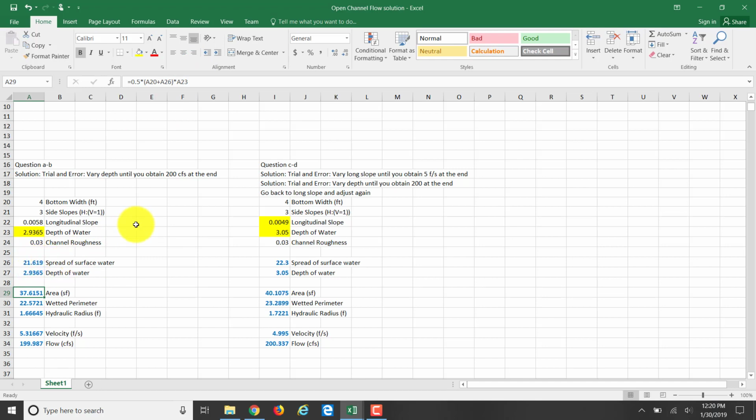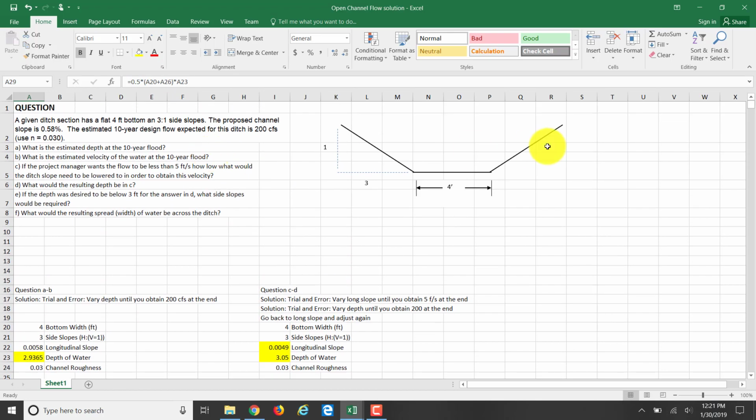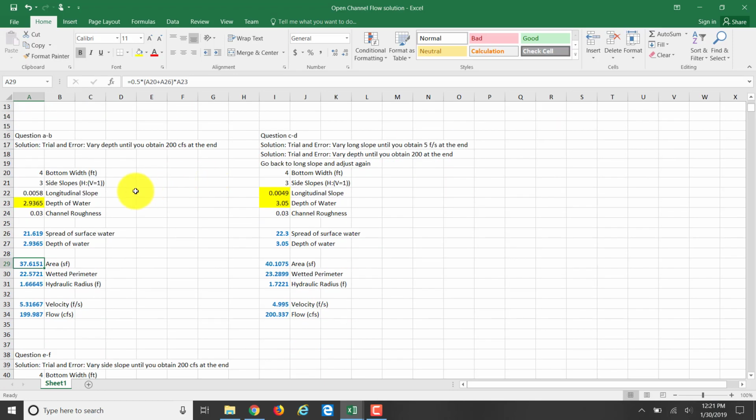Those are the two bases of my trapezoid. So here's the half of base 1 plus base 2 times the depth of the water, which is going to give me my area of flow. So that's how I come up with this one over here, just based upon this information that I put into